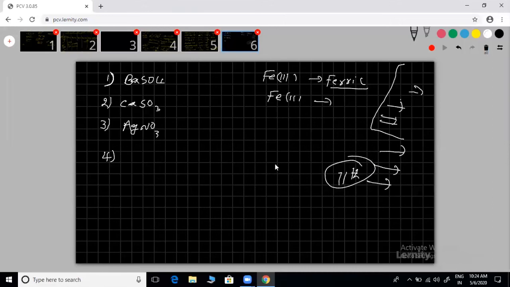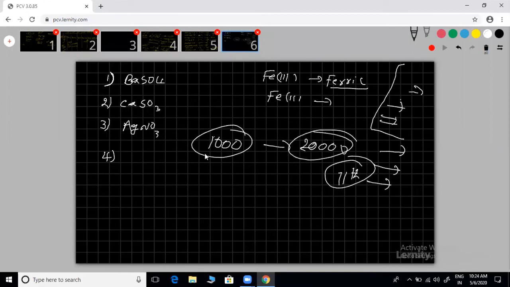Topper and normal student difference. Just one minute. Toppers means top rankers, which you can assume top 10 or top 100. Even 1000 is also a very good rank. Those who are getting 20,000 are not qualifying. That is the difference. These people listen to the first concept, whatever the teacher is teaching.